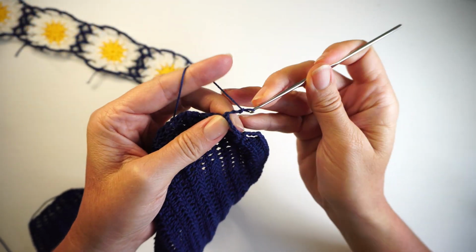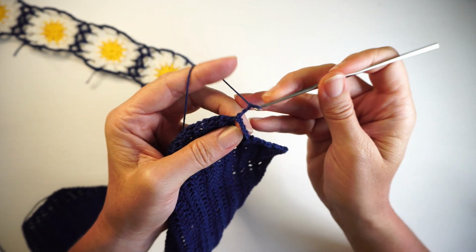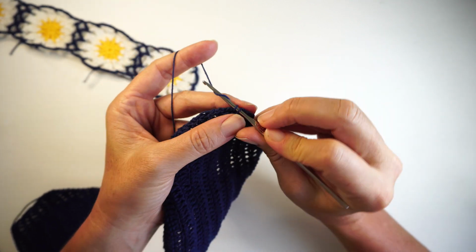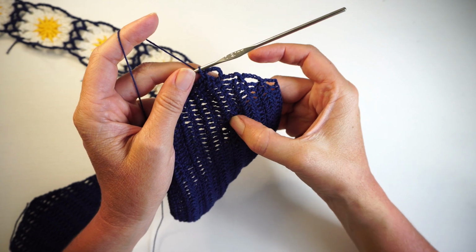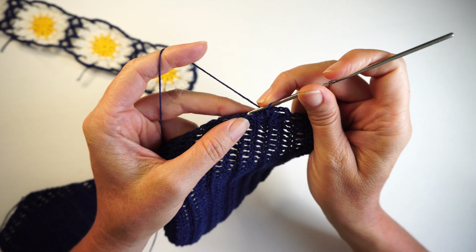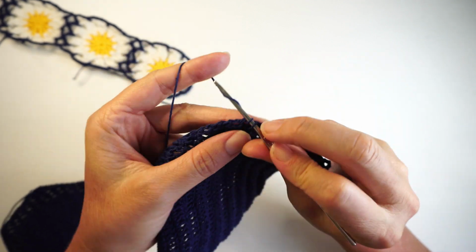And then 1, 2, 3, 4, 5. 1, 2, and then the next one here. And then 1, 2, 3, 4, 5. That's gonna be right, I want it to be right here, right in the middle, 2, 4, 6, right at the end of the 6th row there. And then the rest of it I'm just going to make single crochets. So I'm just going to single crochet all the way to the other side,